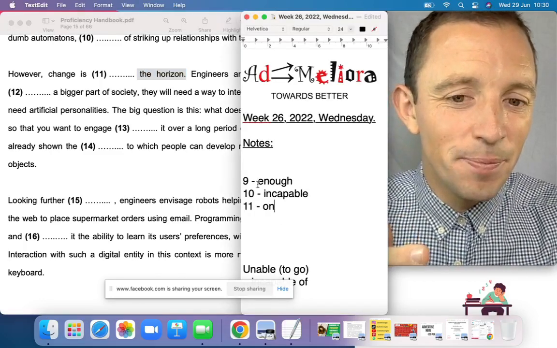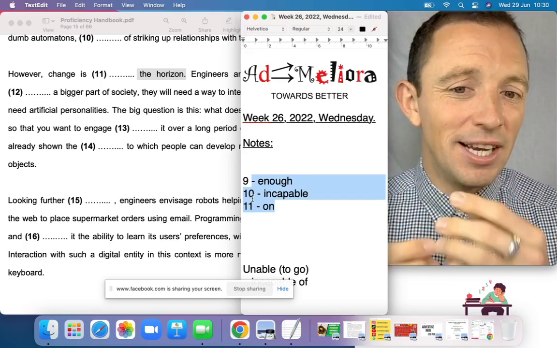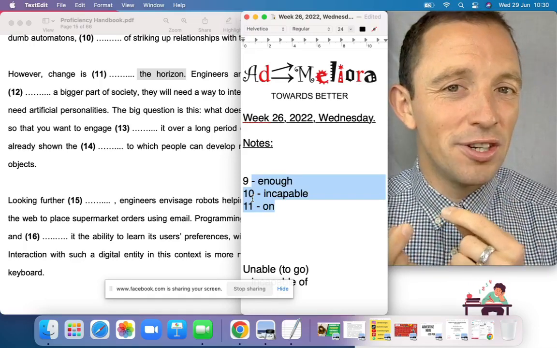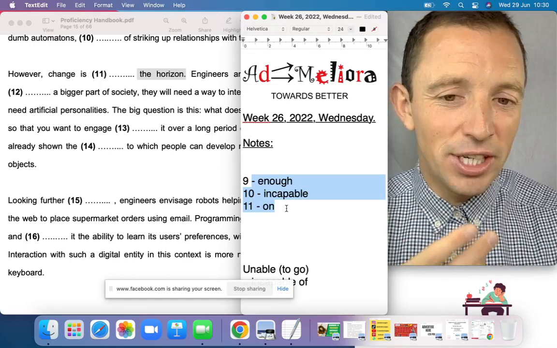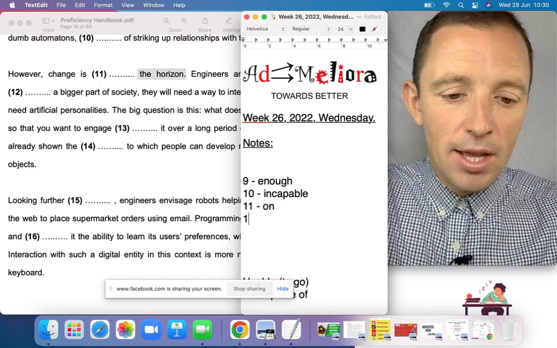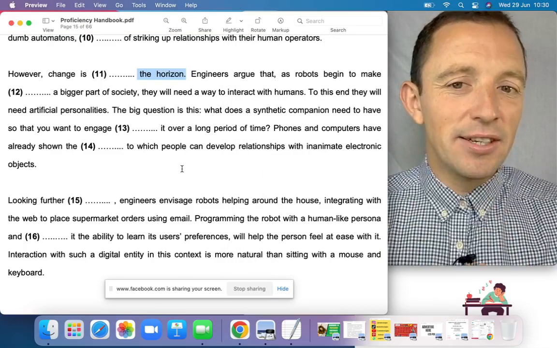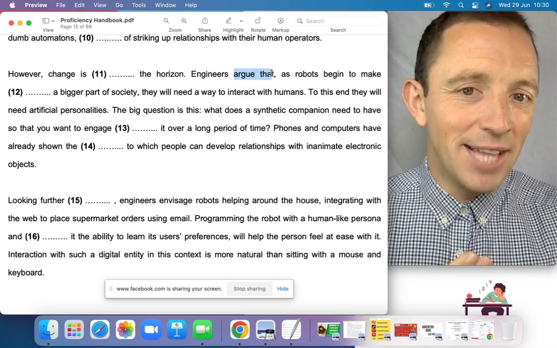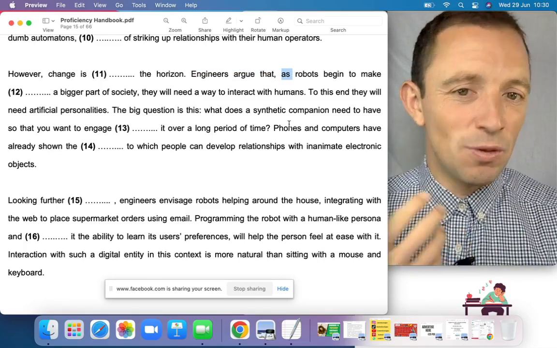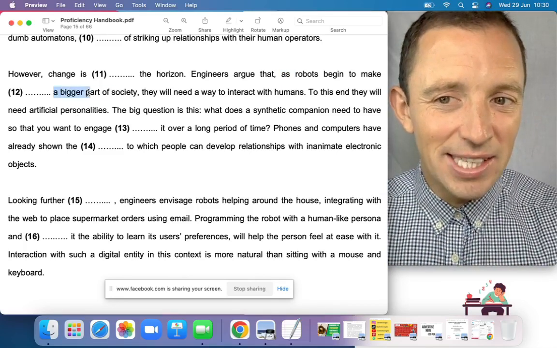So already you can see the first word is grammatical, enough. The second word is a touch vocabulary, but it's more testing the negative. And the third word is just a preposition. So let's continue to number 12. Engineers, these are the professionals, argue or believe that as robots begin to make a bigger part of society, so this is tricky,